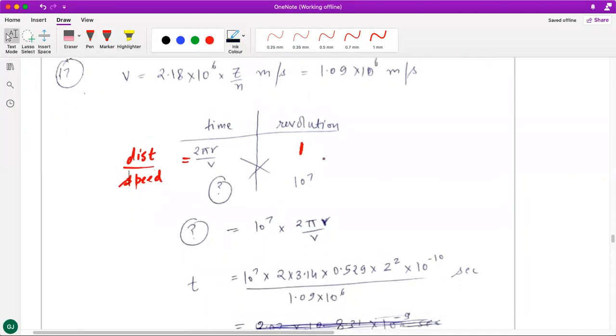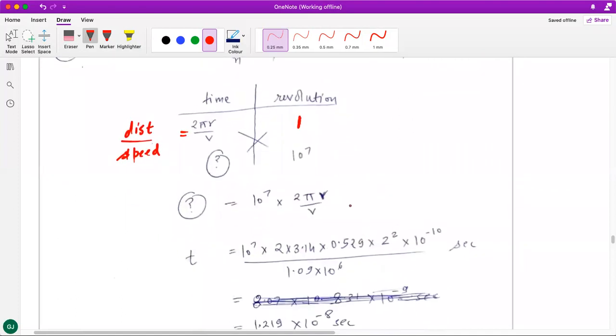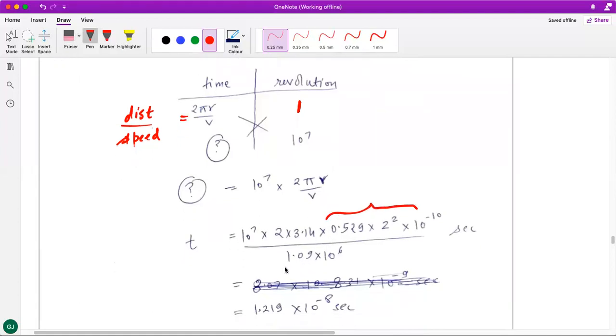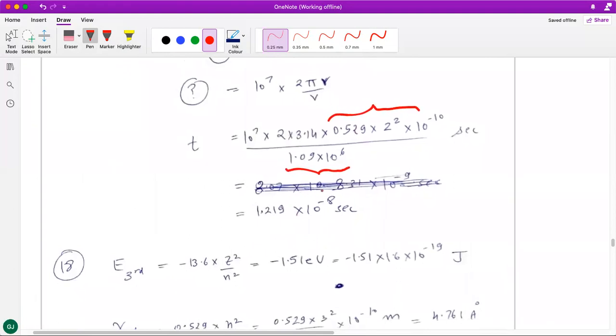Now in order to calculate the formula, you use the result of v and r of the concerned orbit. So it is at the second orbit, so r का formula हमने use कर लिया. Don't forget to put the SI units. ठीक है, एंगस्ट्रॉम में नहीं मीटर में लिखना. एंड वैसे ही speed of electron is something that we also know the formula for. So since it is the second orbit, you substituted the value of n as 2 and got the result of the speed as well in SI units. So you substitute and do the calculation. As I said, the calculations are not that great, but you will be able to get the answer.